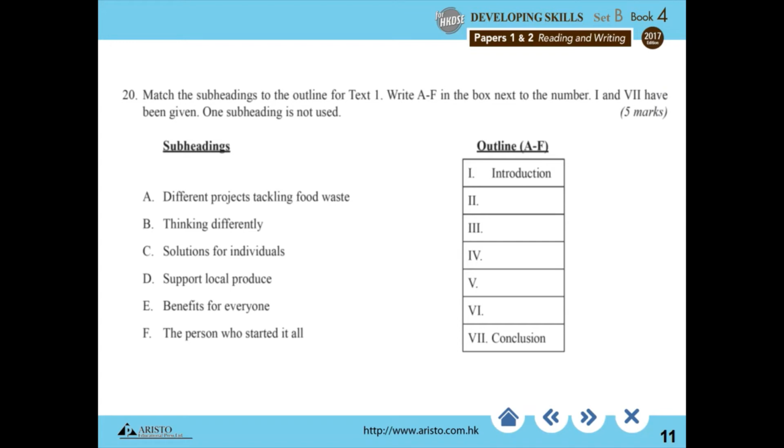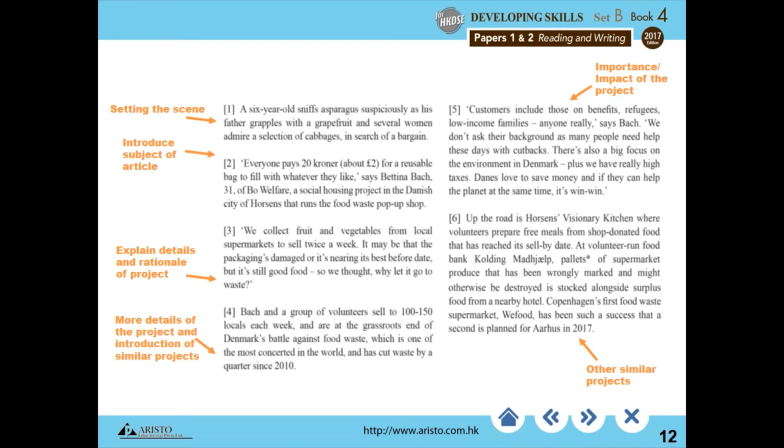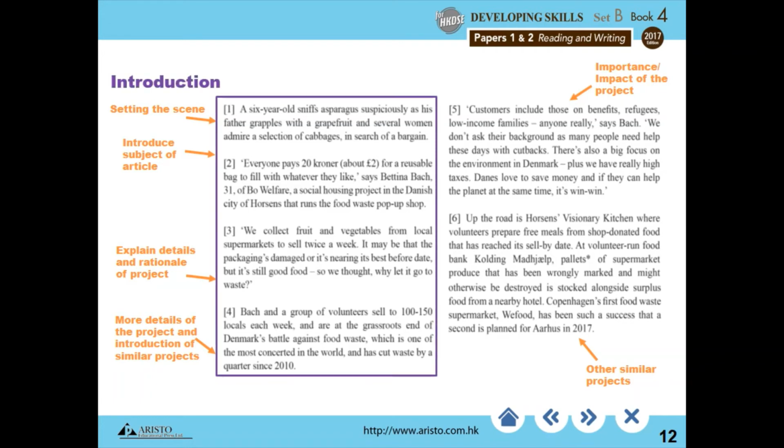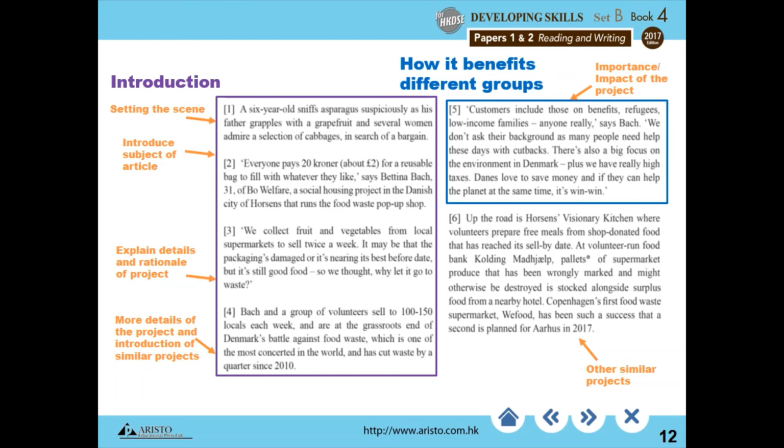To tackle this kind of question, it is important to know what each paragraph is about. Since we have already identified the main idea of each paragraph earlier, we can now see how they combine to form different sections in the text. So, as we have talked about earlier, paragraphs 1 to 4 are only brief introductions to the subject being discussed in the text. Paragraph 5 describes how the food waste project benefits different people, and paragraph 6 describes other similar